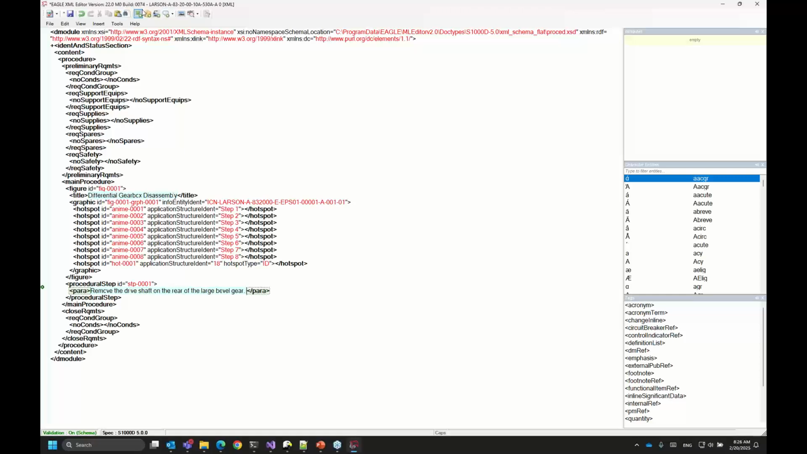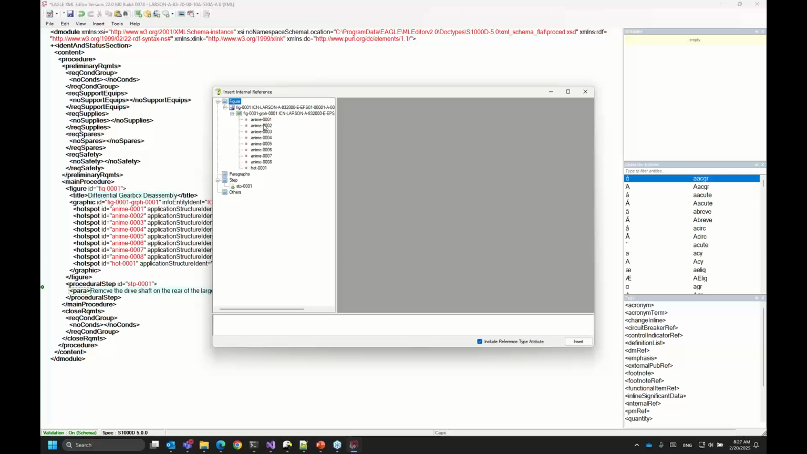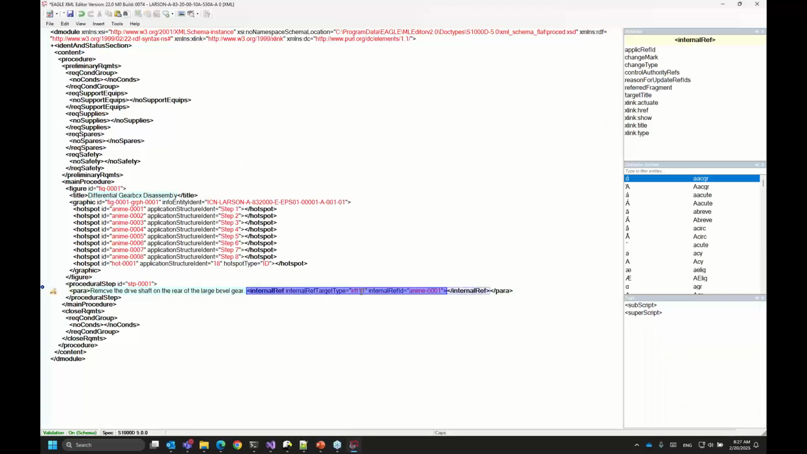All right, and then insert a reference to our first animation. So normally a hotspot would be IRTT 11 to highlight a selection. In this case, since we're doing a slightly different function, until the S1000D spec can give us a specific IRTT, internal reference target type, that is associated with animation playback,